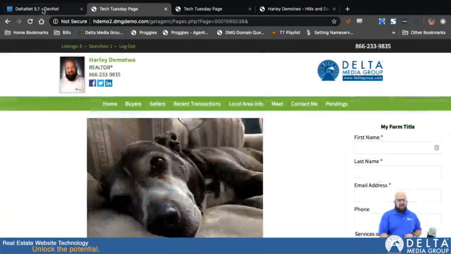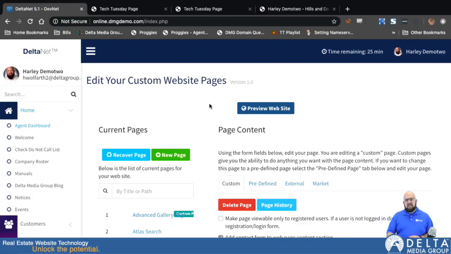So there you have it. That is the custom page system in the DeltaNet. So now you can see how to create pages, how to add some of our custom features in there,